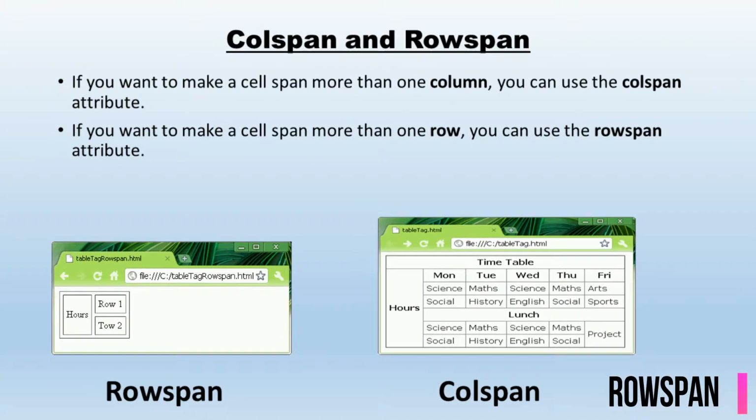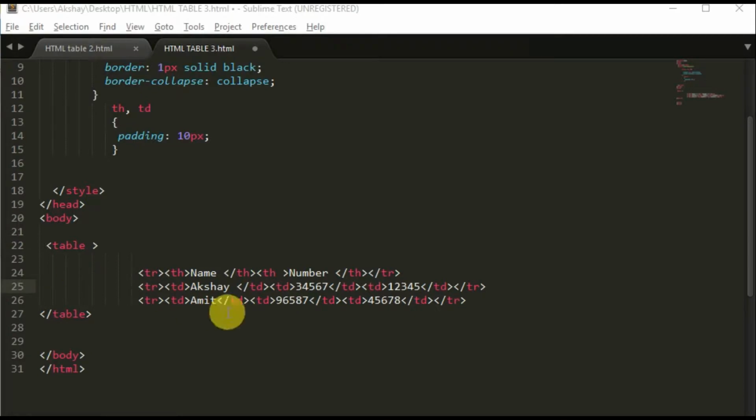In a similar manner, if you want to make a cell span more than one row, you can use rowspan. It'll be applied on the row side, right? So we have name, so I'll use this column here in the second row. Let me change this first, and this will be having td. Okay, and I will give the name as, actually, this has number, it will be having,